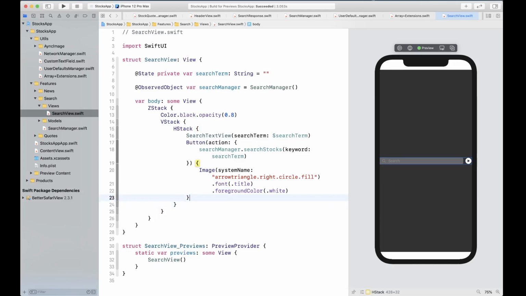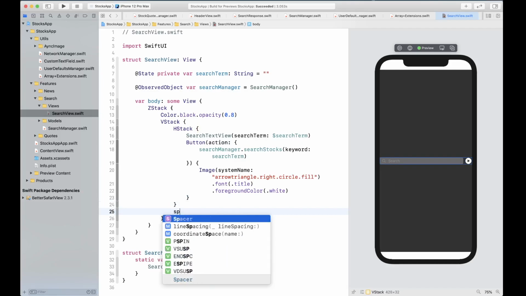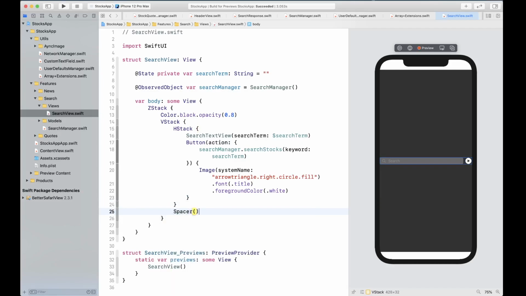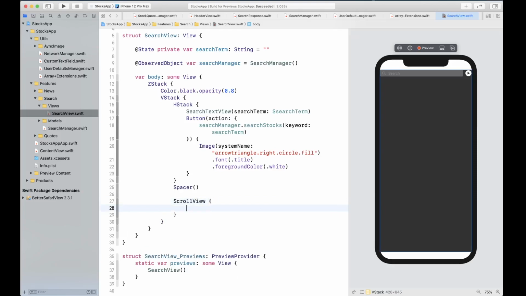And what we're going to do is, right after the button and the HStack, we're going to have a Spacer. So it's going to push the view up, and underneath we're going to have a ScrollView. Let's go ahead and create a ScrollView.